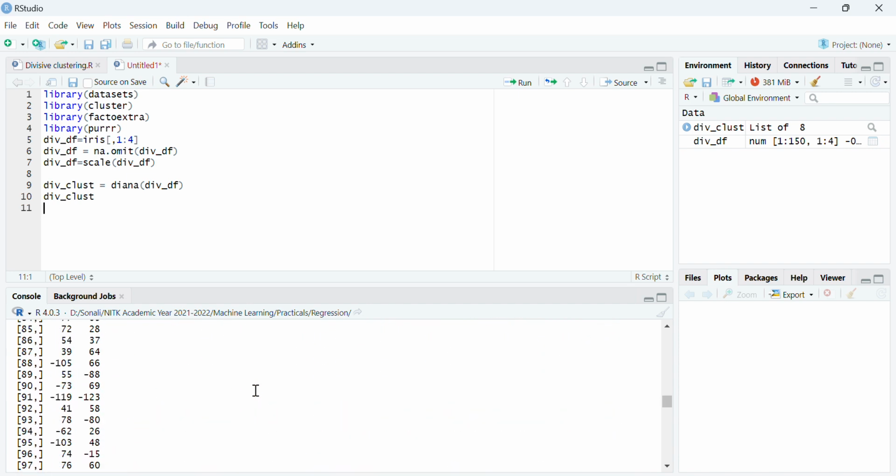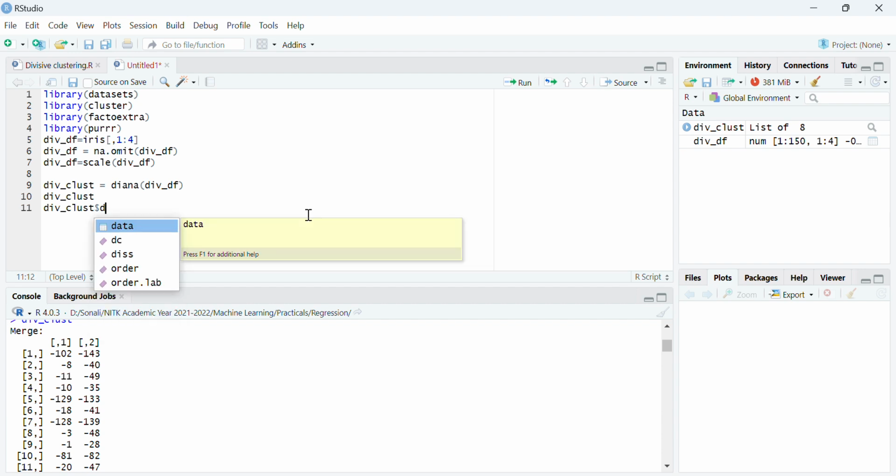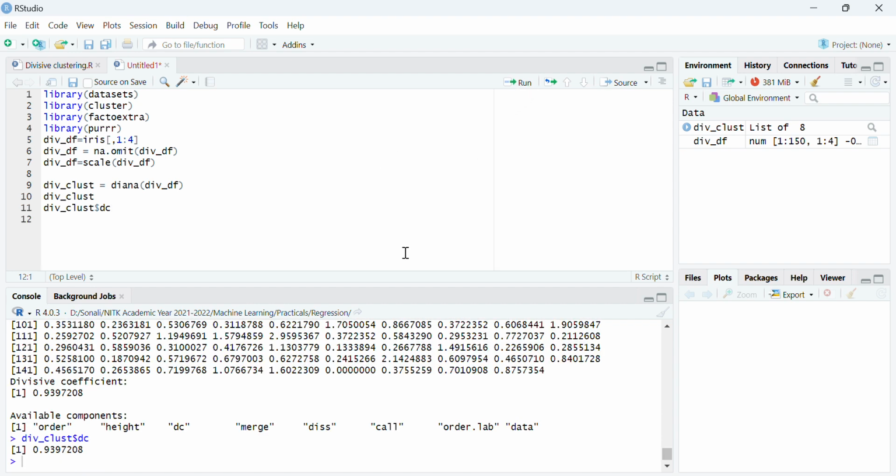It is a huge data set. There are 2 clusters being formed, and these are the values. We can even plot it. Let's see the divisive clustering.